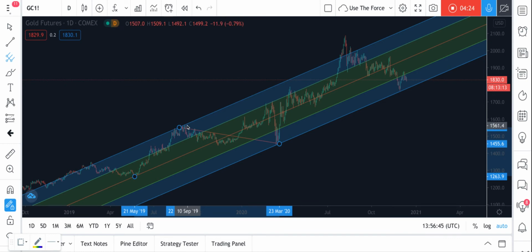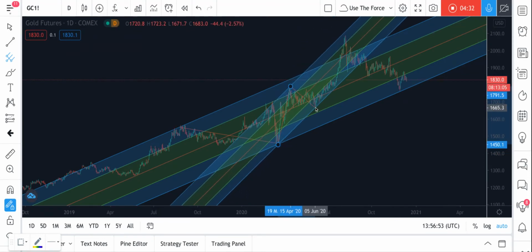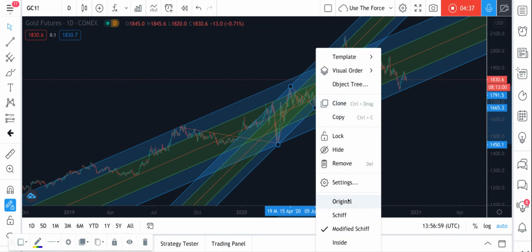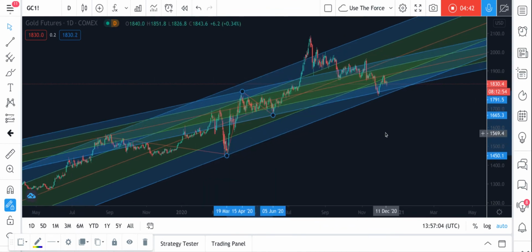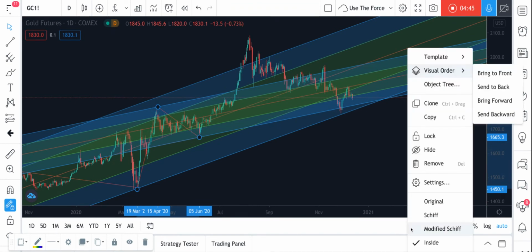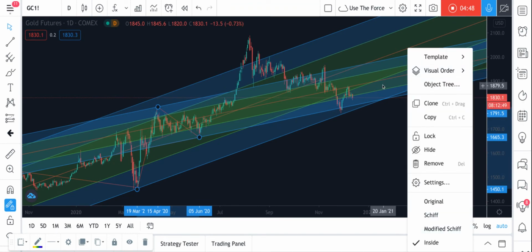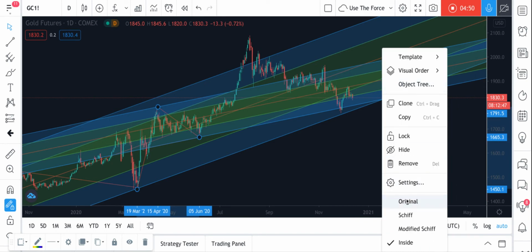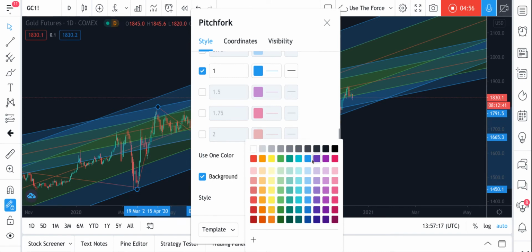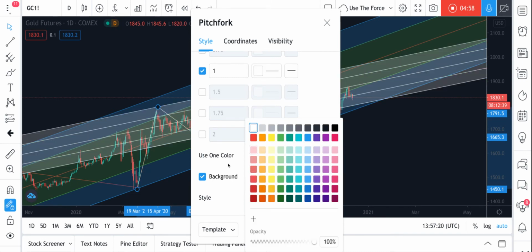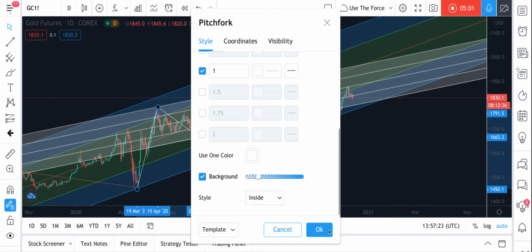Let's try a low, high, low in here. Standard fork, sorry, modified shift. Standard fork, not giving you anything. I can only think an inside might help. Colour that differently. Do your one colour, I guess. You can add in safety lines and things, but really for me, the fewer the lines, the better on the pitchforks.